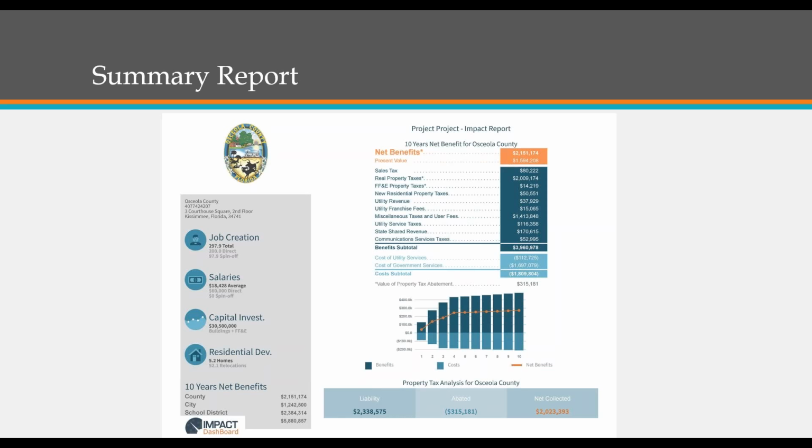And it's very easy for our county administration to look and see what the net benefit is with the incentives given. So you'll kind of see, it says value of property tax abatement. You can very easily see how much that property tax abatement is going to cost us. So our reports so far stay within our department and county administration. We have shared them with the project when asked, but that's not something that we normally do. It's usually a tool we use internally, and we share them with county commissioners when we're going one-on-one, but it's usually an internal document, but we have shared it with the project before.